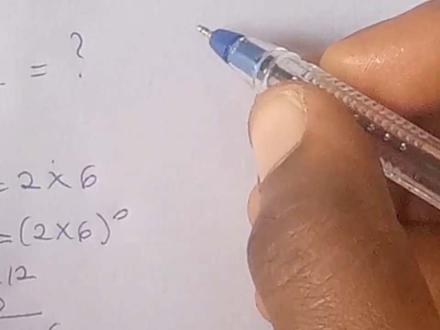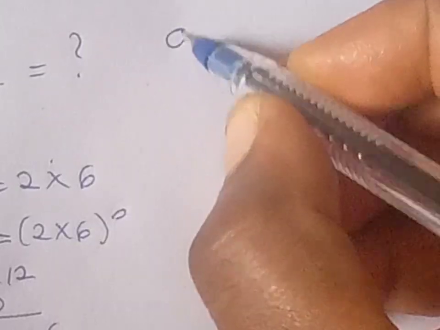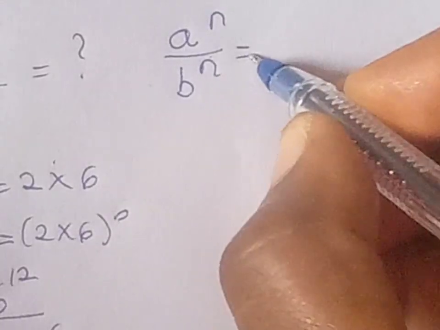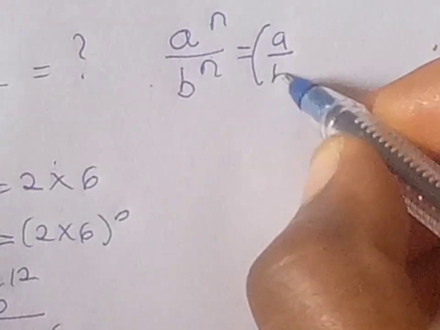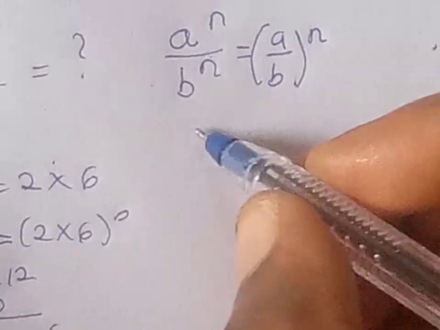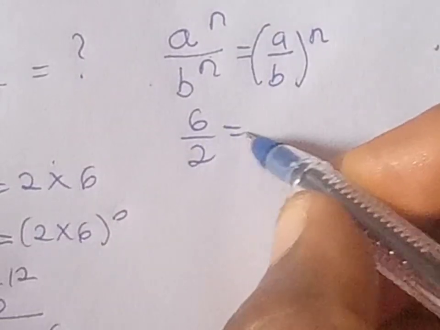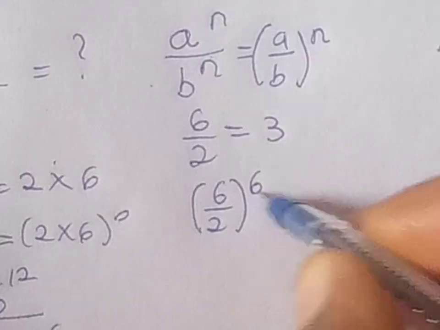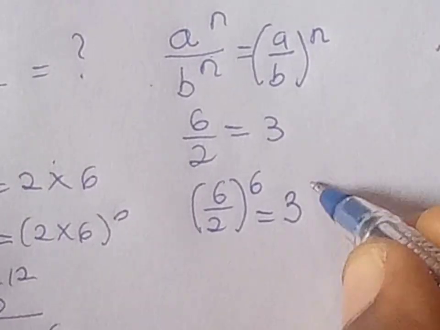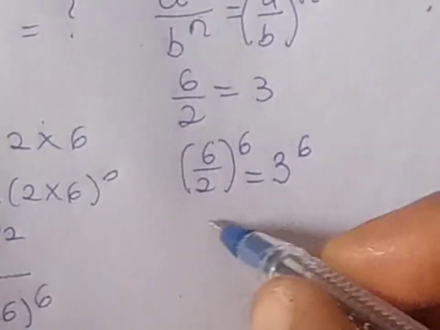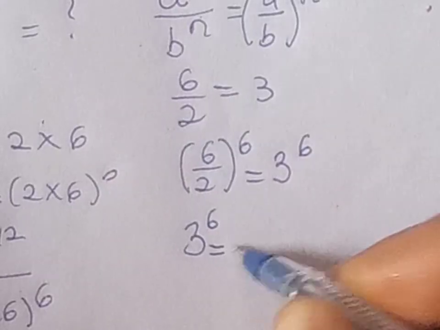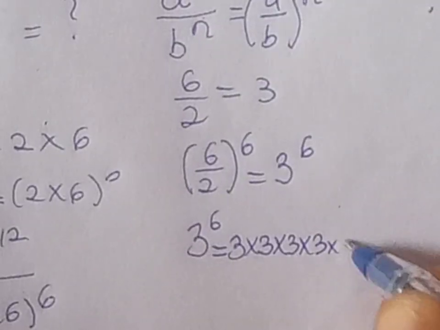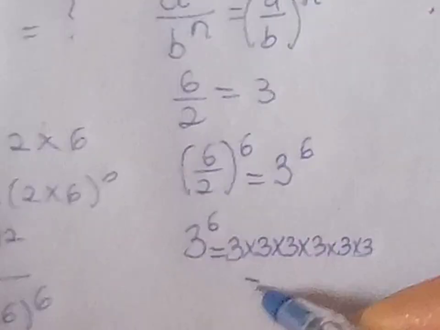Now let's apply another exponent rule, which says a raised to the power of n divided by b raised to the power of n will give us a divided by b, all raised to the power of n. Since 6 divided by 2 will give us 3, 6 divided by 2 raised to the power of 6 will give us 3 raised to the power of 6. Now let's calculate 3 raised to the power of 6, which is equal to 3 times 3 times 3 times 3 times 3 times 3, which is equal to